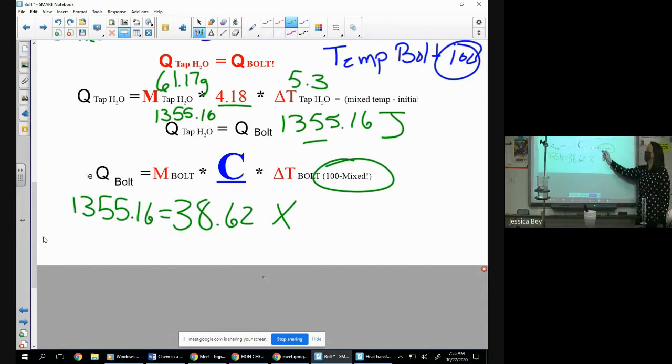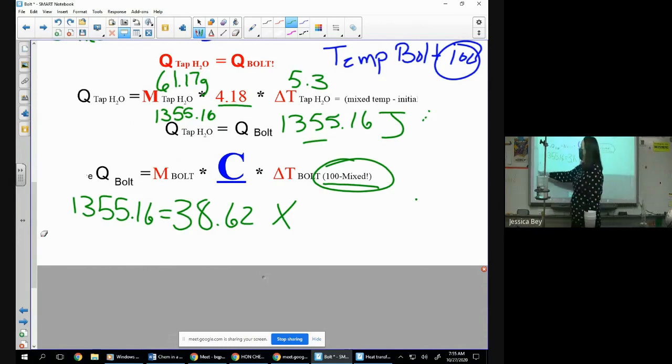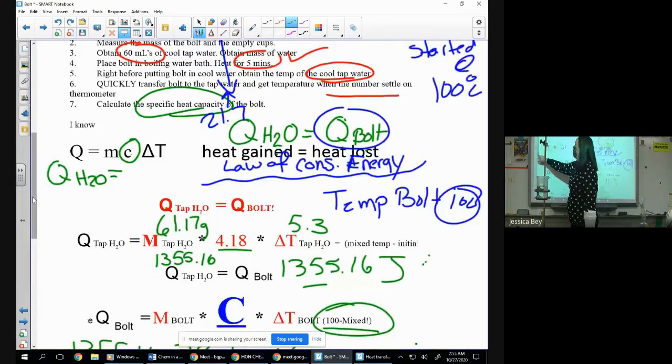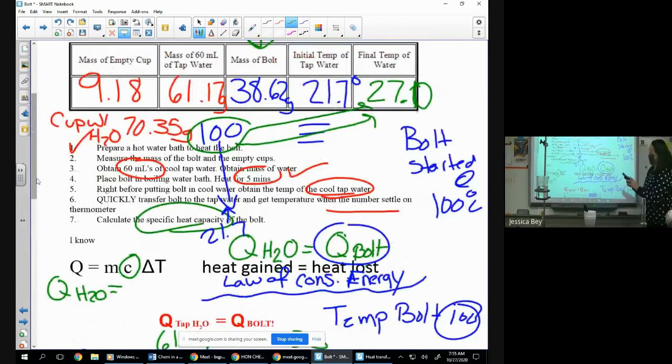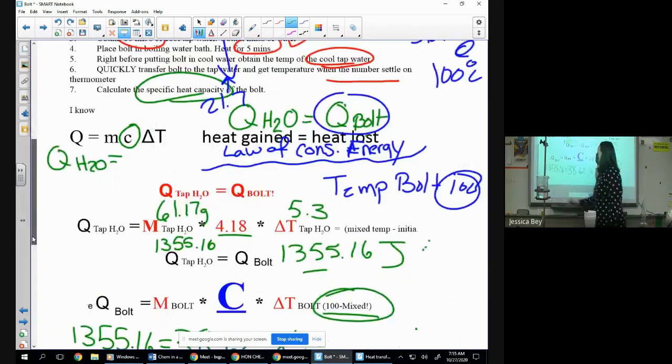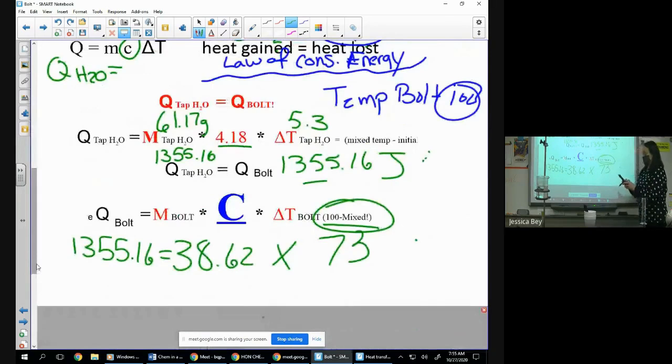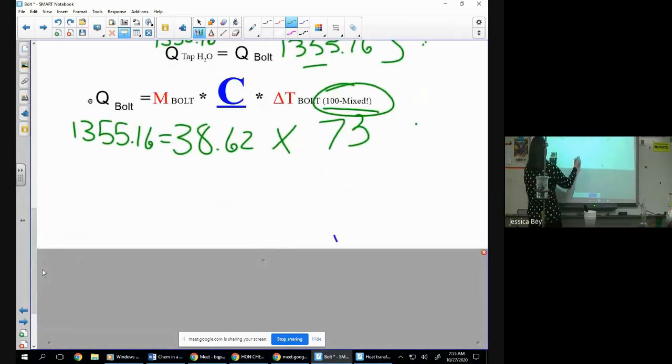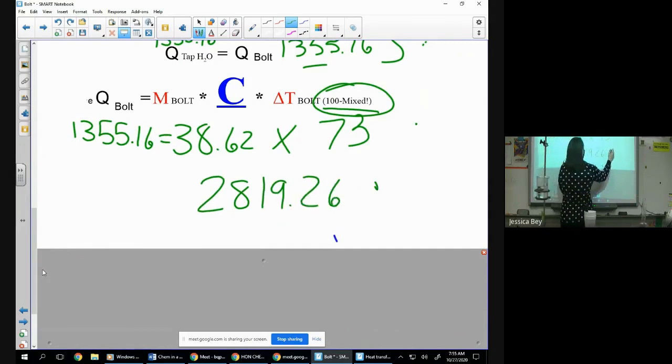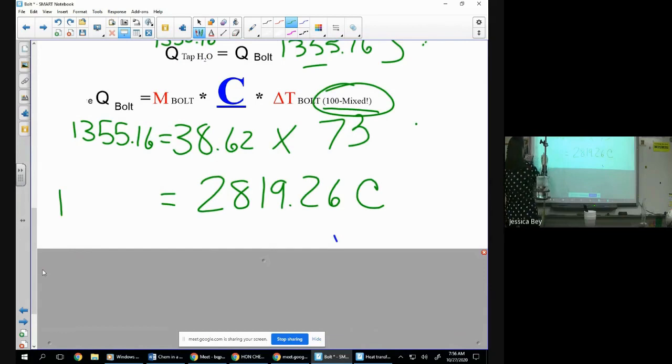The bolt went from 100 because it was boiling to the mixed temperature. So what was the delta T of my bolt? Well, let's see. What I need to do is 100 minus 27, and the delta T of the bolt was 73 degrees. So now I'm going to do 73 times 38.62. So now I get 2819.26 C, if you will,